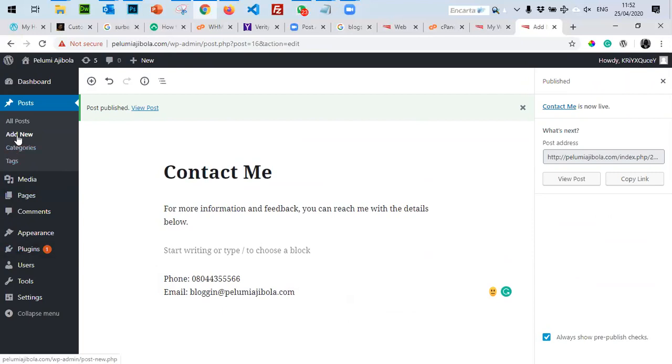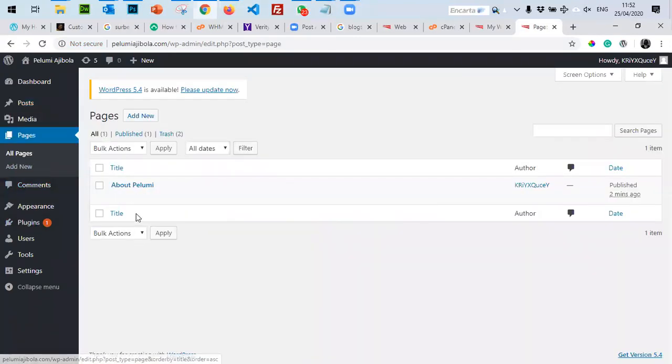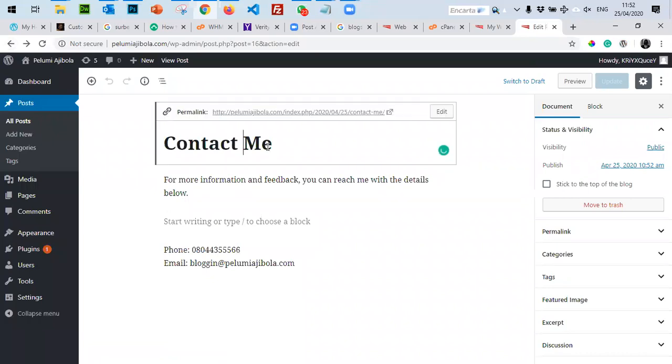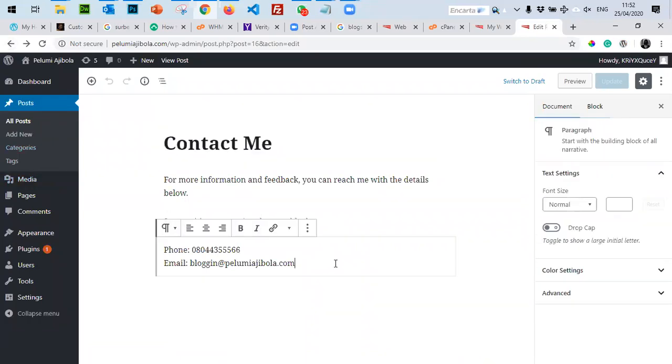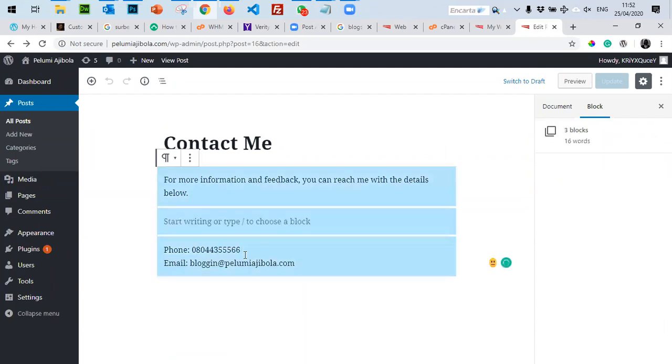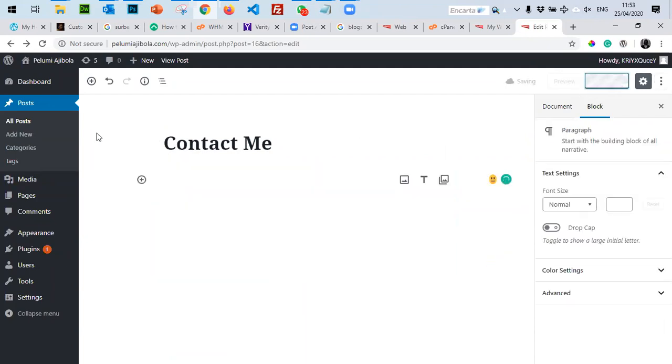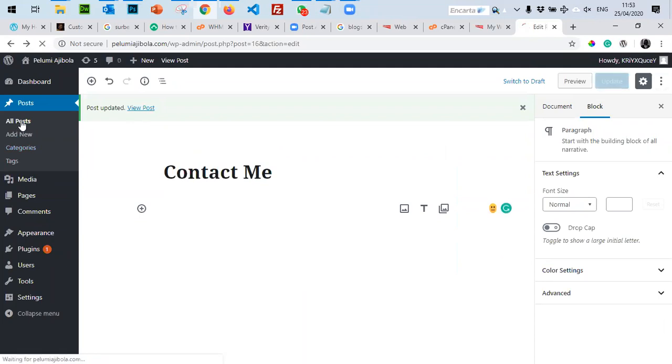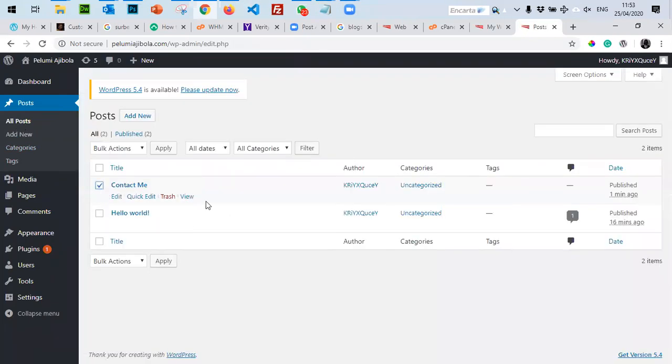So now those two pages are ready. Under pages, if I want to see all my pages, I think I didn't publish that second page. I didn't, that's a mistake. Oh, it wasn't even a page, it was a post. Sorry, I was on that post. I thought I was on that page.